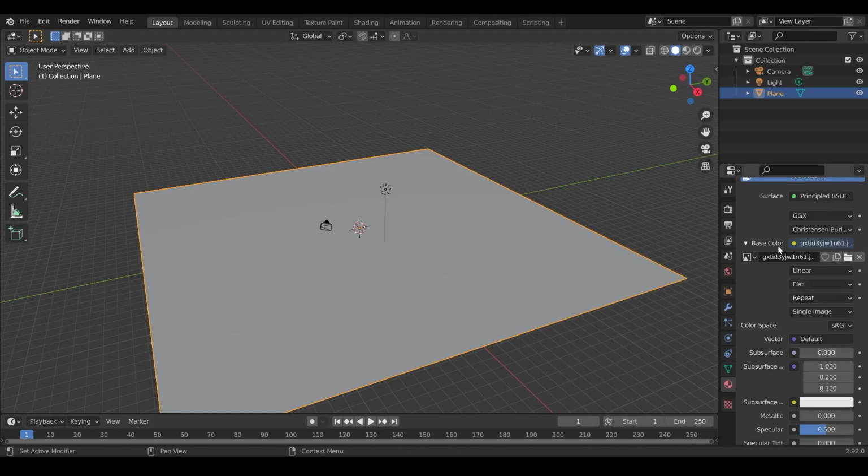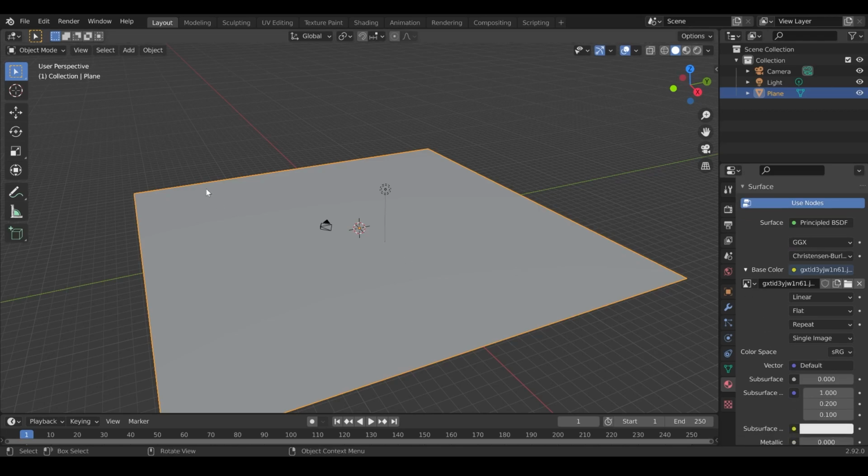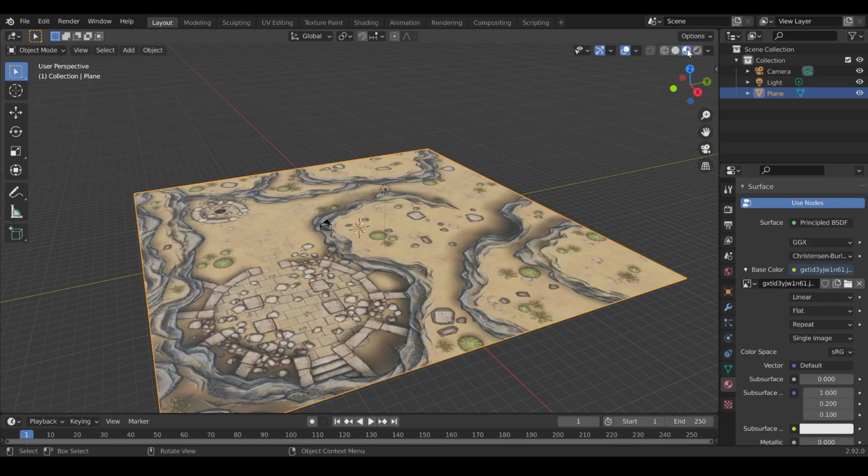Now we have an image. But as you can see, we can't see anything. Where is our image? Because we are in the blank object mode, so no textures. So if we go to this, we will now see that we do have a texture. Okay. So now that we have a texture,